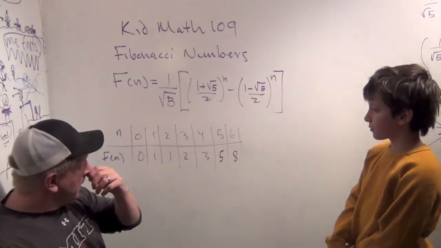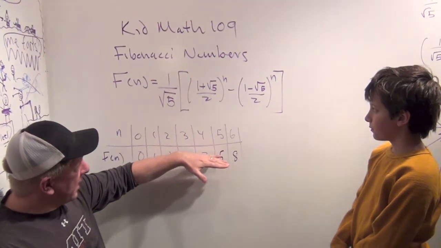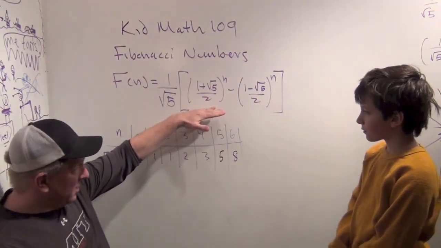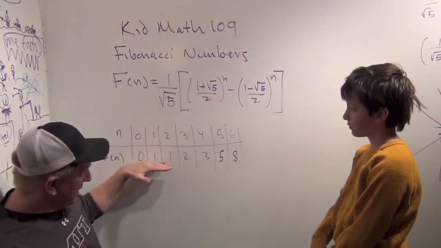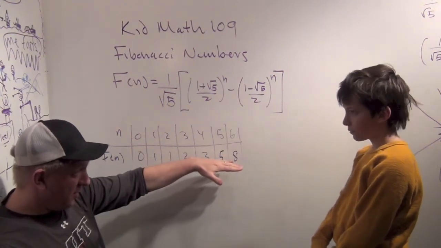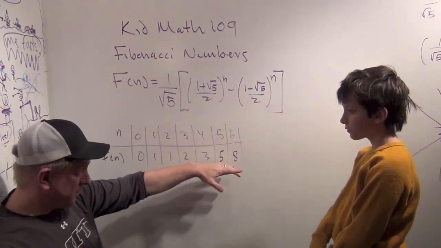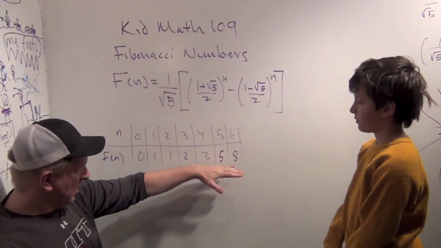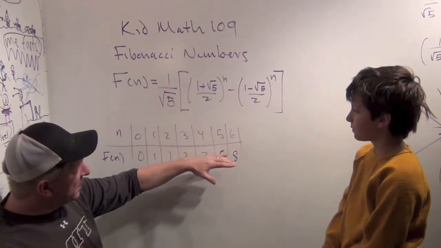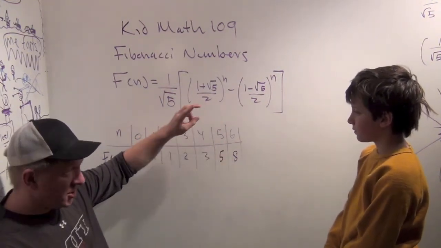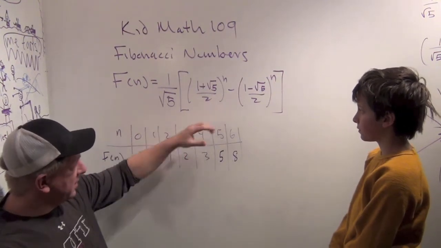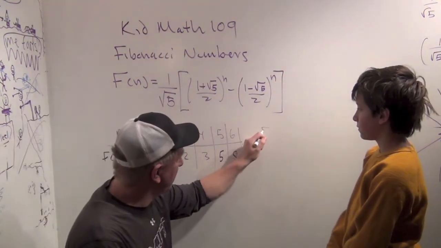So we keep going. Now, it's kind of hard to believe that this formula with a bunch of square root of 5s actually replicates this sequence of numbers. It is pretty hard to believe. And I'm going to show you two amazing things about this formula. One amazing thing is if I want to know the 50th Fibonacci number,